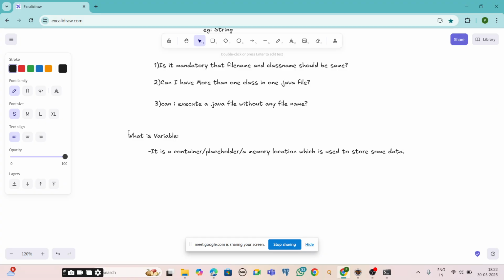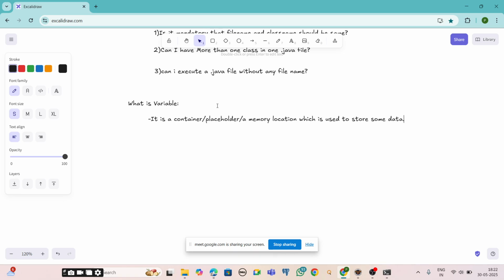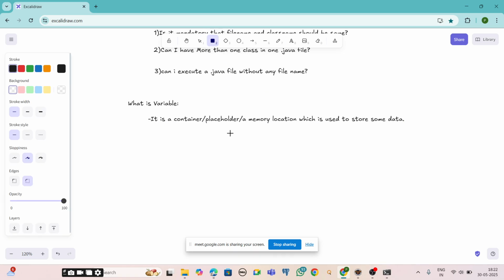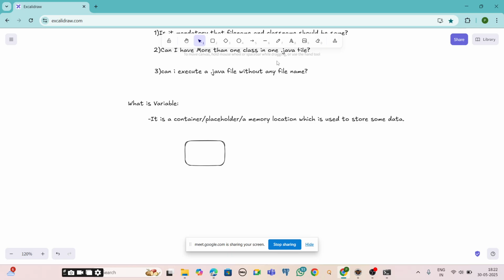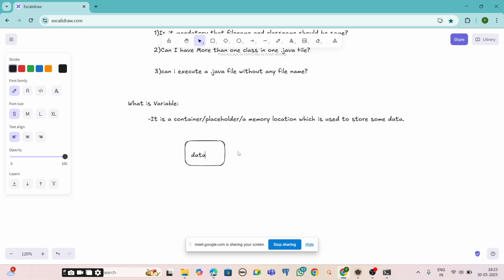In any programming language, coming to Java, if we want to store some data internally, Java will first create a container, or occupy some memory location. Later, inside that container or memory location, it will store the data.